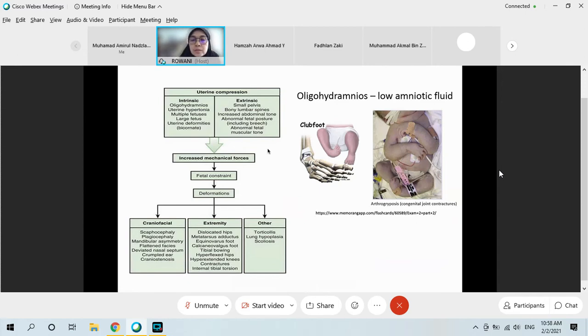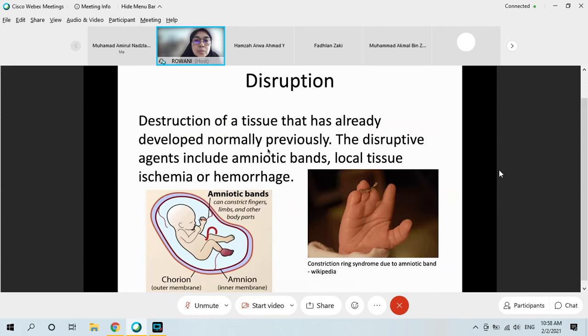Okay, so this is deformation. Now we talk about disruption. Disruption is when there is destruction of the tissue that has previously developed normally. For example, in this example, you see this is the fetus, this is the amniotic membrane, which has ruptured in utero, forming bands. And during the fetal life, this band forms constriction around the structures of the baby,